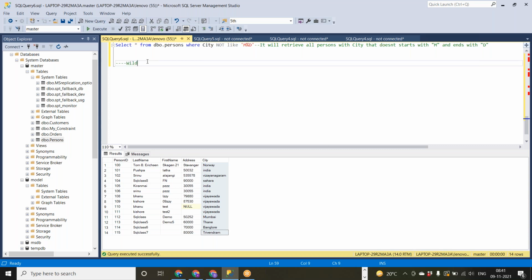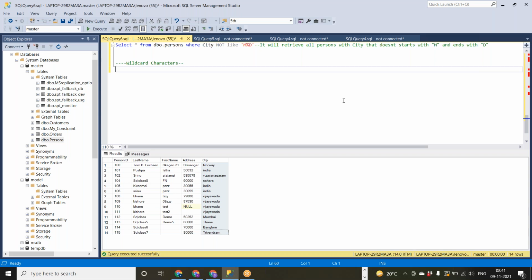So we have something called wildcard characters. What are these wildcard characters? These are substitutes of one or more characters in a string. Like in the like operator, we have used percentile and underscore, right? Similarly, we have asterisk, question mark, not equal to symbol like that.